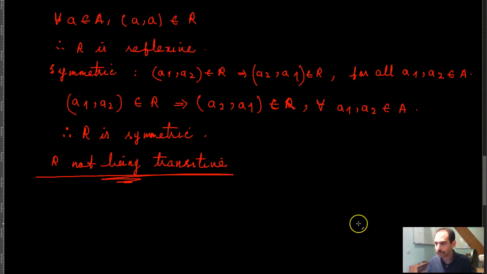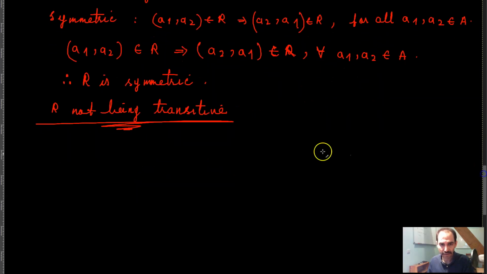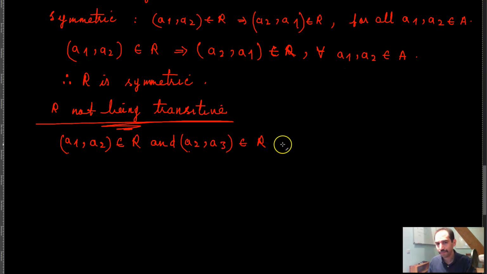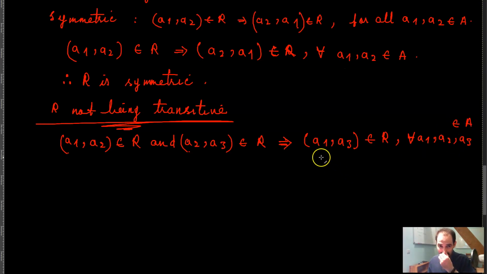The condition that we use for R being transitive is that if (A1, A2) belongs to R and (A2, A3) belongs to R, this implies that (A1, A3) belongs to R, for all A1, A2 and A3 belonging to A, right? So what that means is that